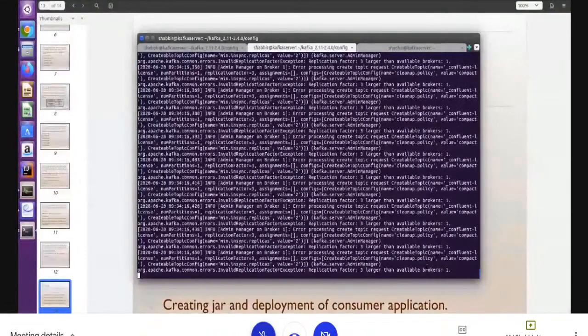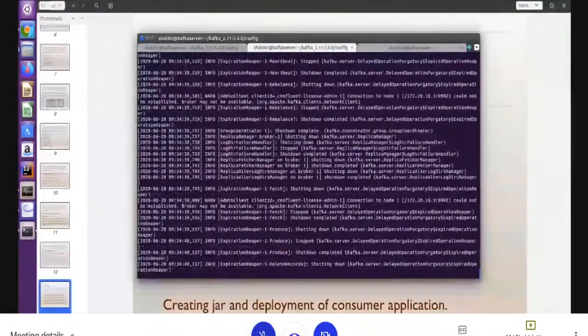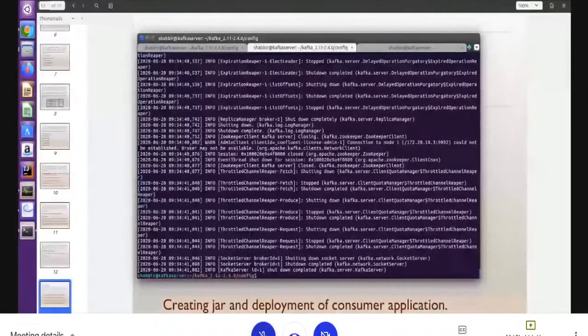The error says larger than the available replication factors. Okay, we had some data already, right? It's creating a problem because this is the old data. Yesterday I configured the cluster, right? And I'm using the same folder. I have deleted the data, but it kept some logs in a different place as well. That's why it is creating this problem.